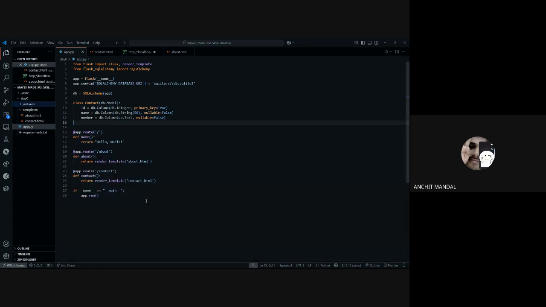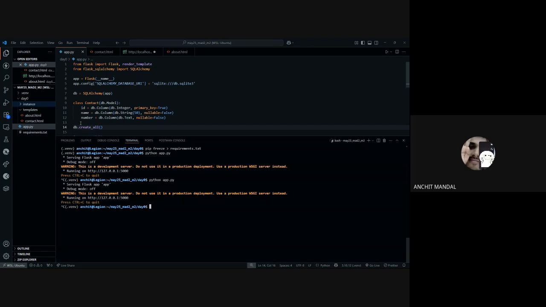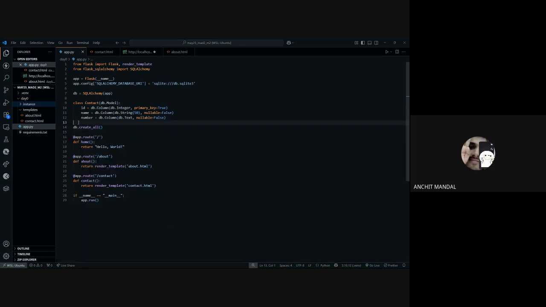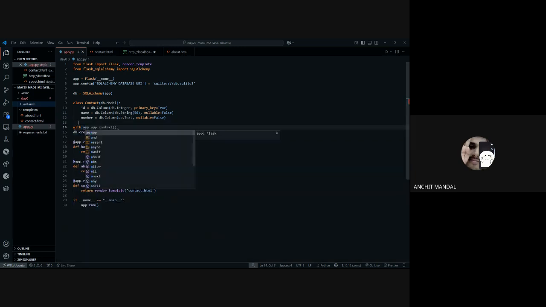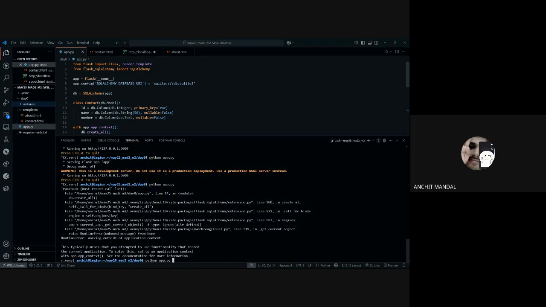Now what I am saying is that I have built the model. Next thing, I will be using this model to create the database. I haven't even designed a database. How can I do it? Is db.create_all, and it will just create the database. So if I restart the app, let's see. There is some error, that is an app context error. That could be managed if I add something like app.app_context and run this db.create_all within it, or else shift this db.create_all over here. Restarting my app,